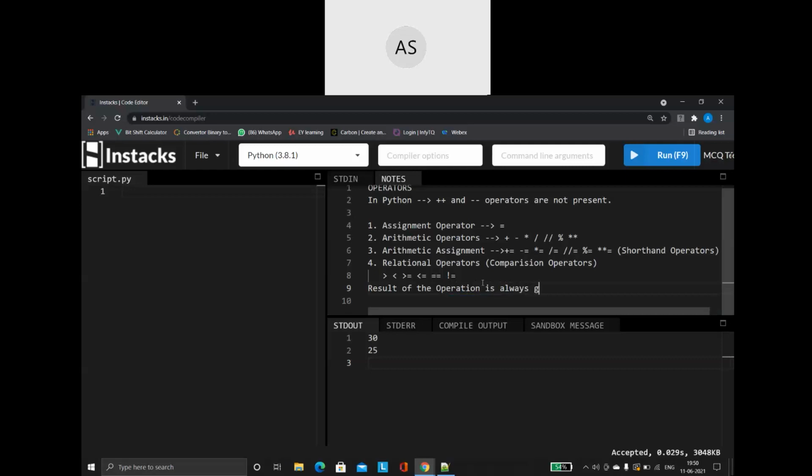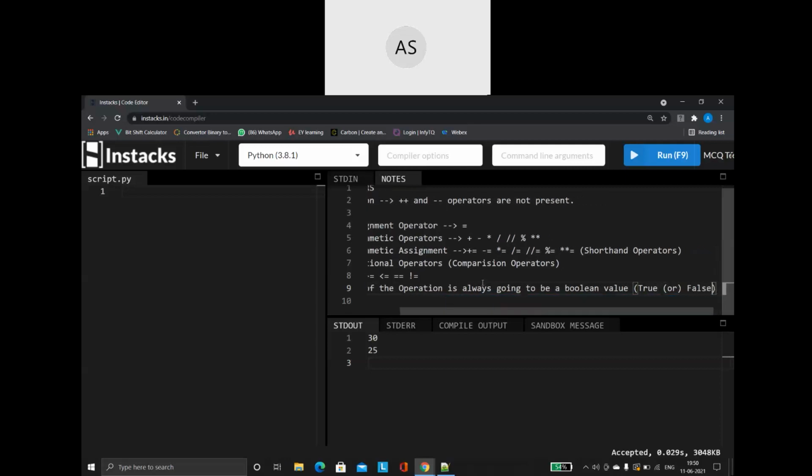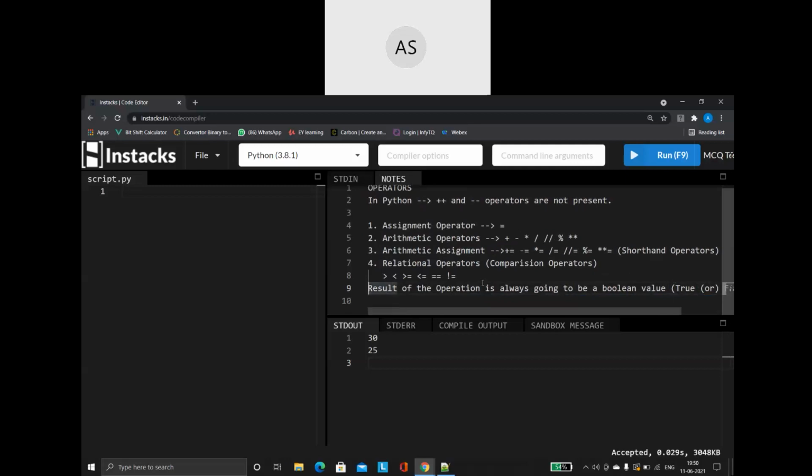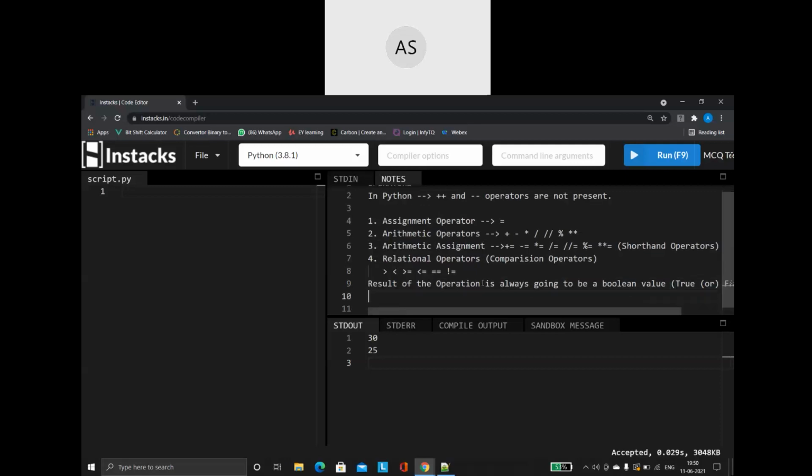So it's always going to be a Boolean value. So what is a Boolean value? We know what bool is. Bool is a data type. So what kind of values does Boolean take? Either it can be true or the other value, false. These are the only two possible values that we have with the Boolean. So always remember, whenever I make use of comparison operators to compare a variable's value, the result of that operation is always going to be a Boolean value. Point number one.